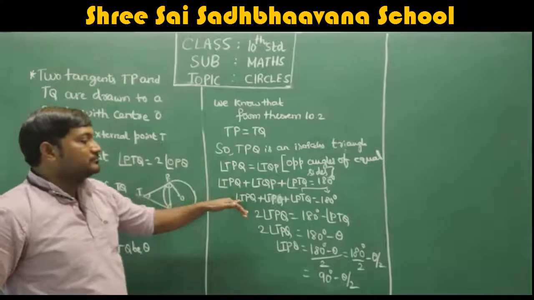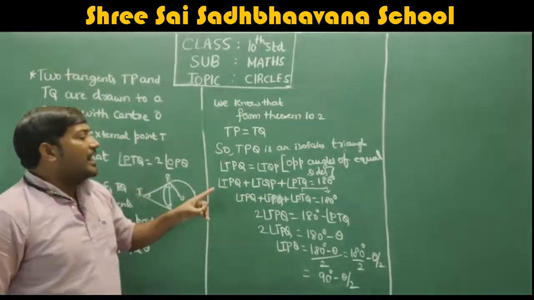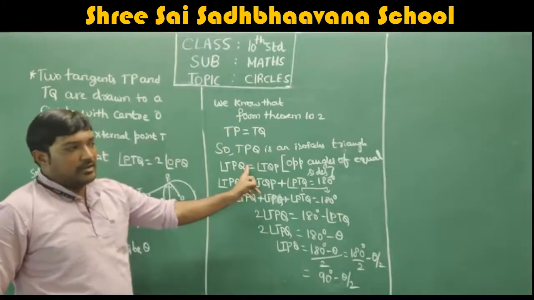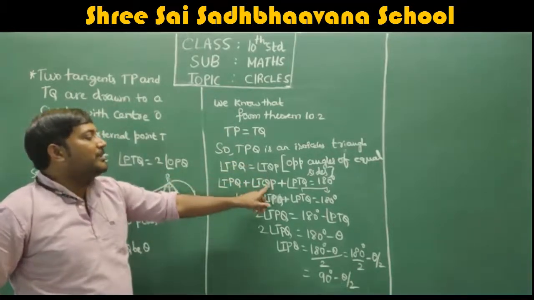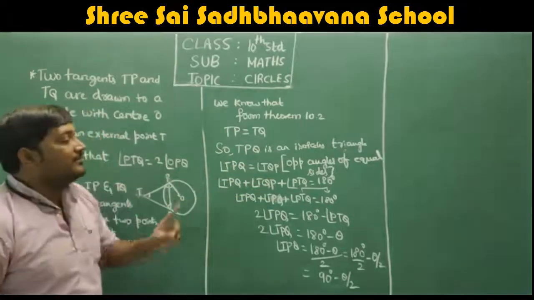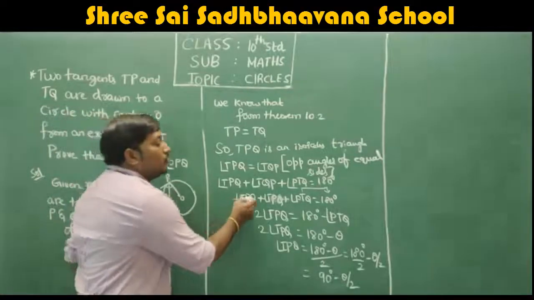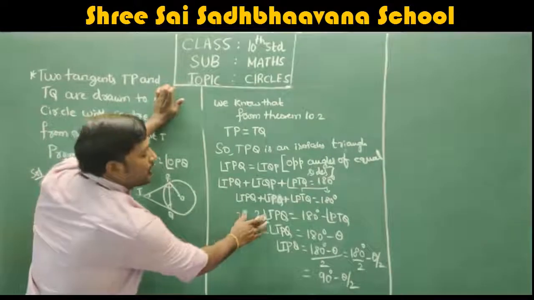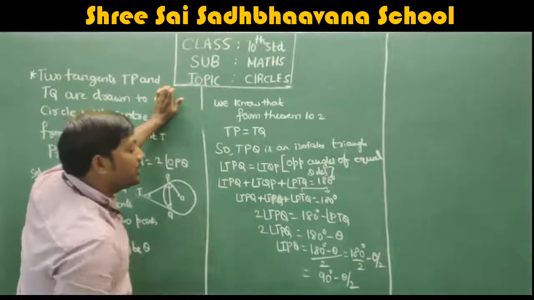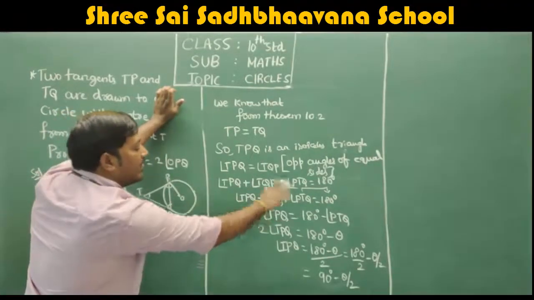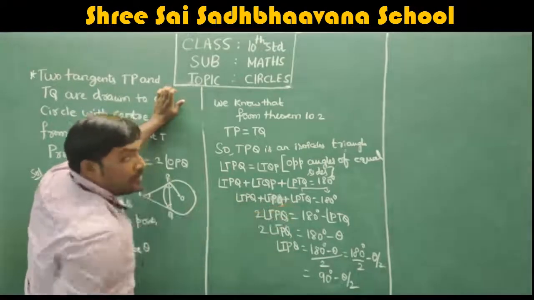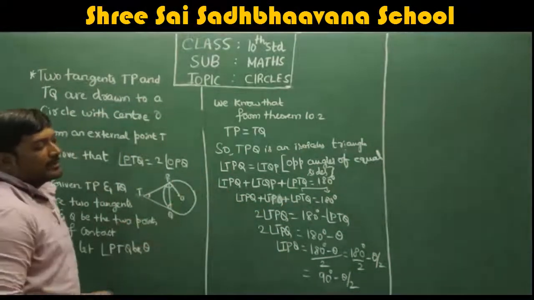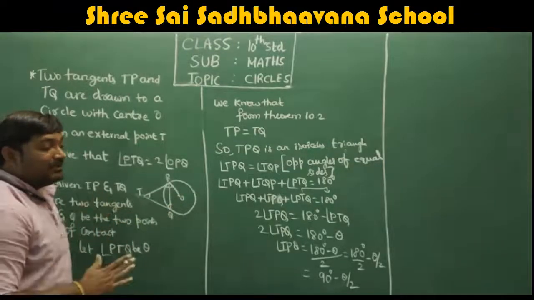See what I did? I just added all the angles, and we know that TQP and TPQ are equal from the last condition. So just replace TQP with TPQ, plus PTQ as it is written. So 2 times it, because the same thing is repeated twice. So can I write it as 2 times TPQ? So 2 times TPQ is 180 minus angle PTQ. We assume angle PTQ as theta, so 180 minus theta. We need only angle TPQ.